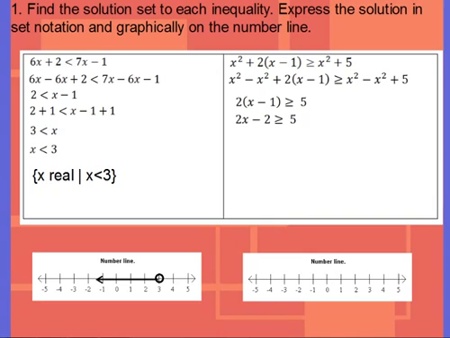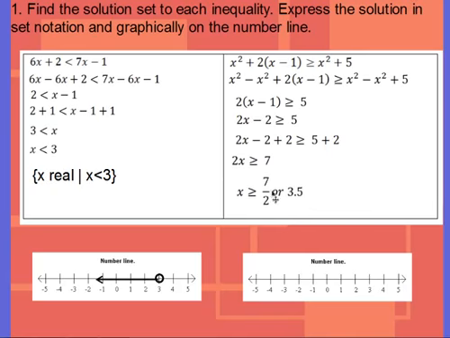So at this point, I'm going to go ahead and take this 2, get it away from the x, by adding it to both sides. It's going to look something like this. So then we'll have 2x minus 2 plus 2 is greater than 5 plus 2. Okay. Simplifying that, the minus 2 plus 2 is going to cancel, and the 5 plus 2 is going to make 7. In order to get rid of the 2, I divide both sides by 2,